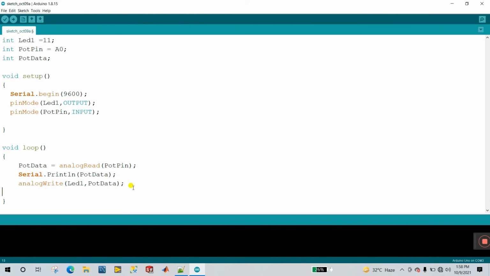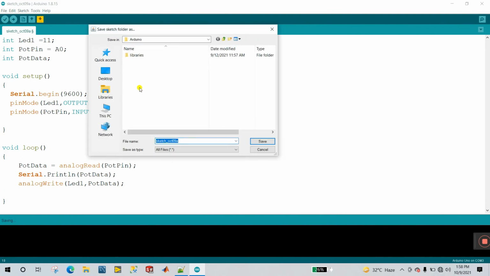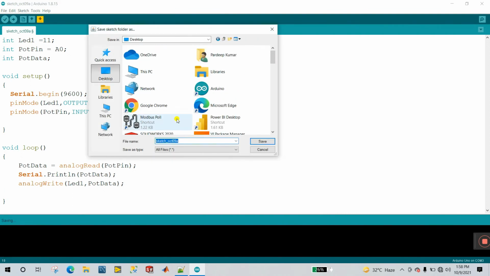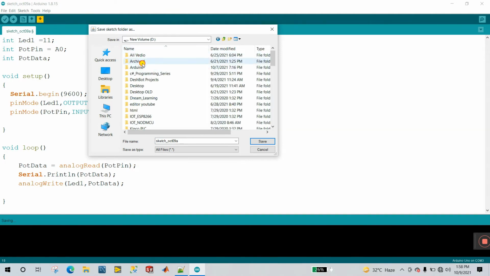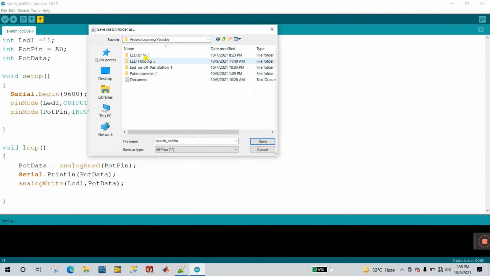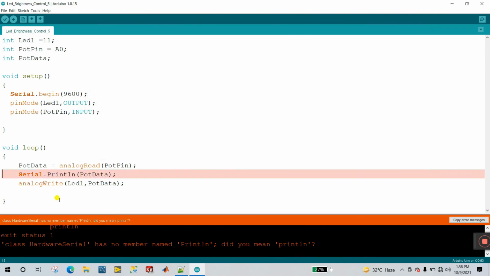Now let's first verify and save your project. Now P is capital, like this.